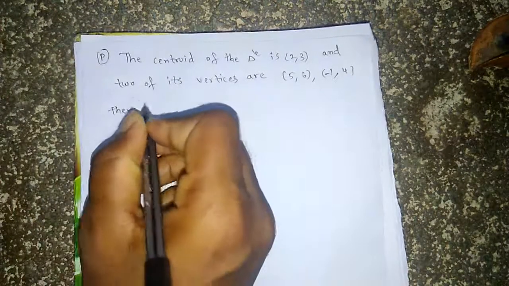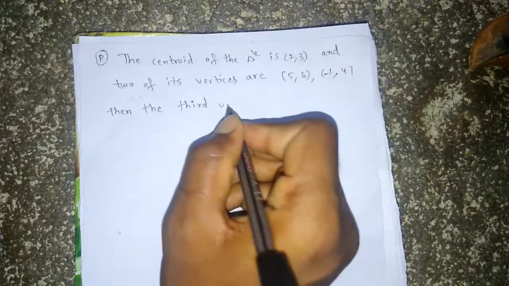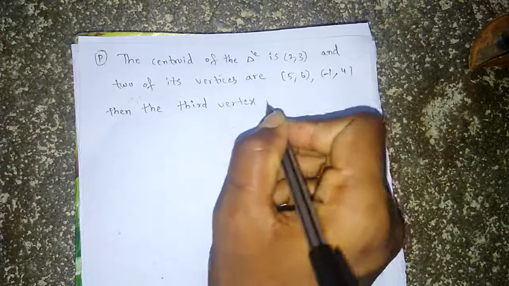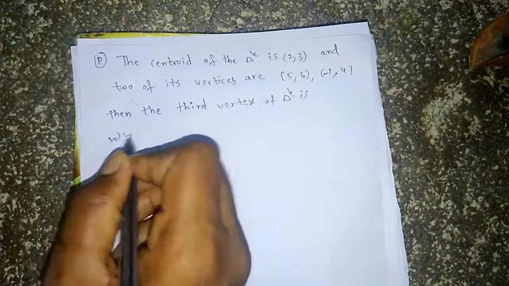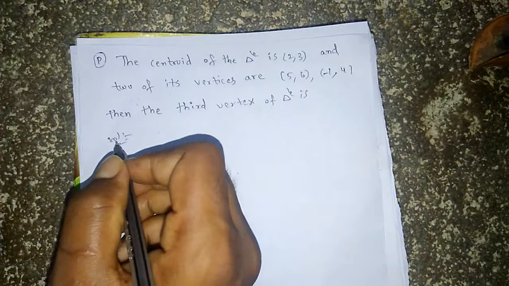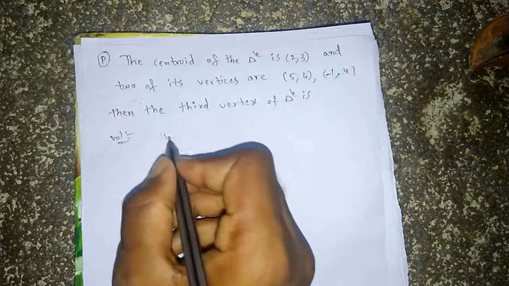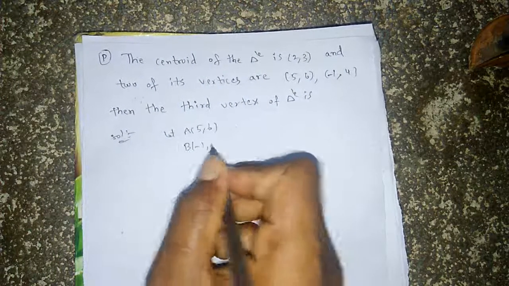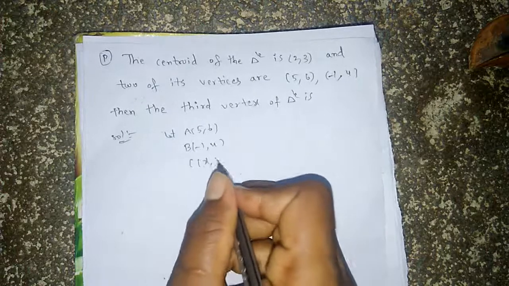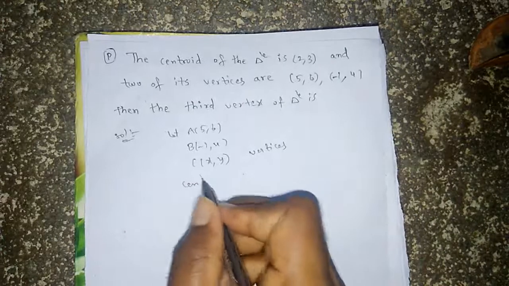Then find the third vertex of the triangle. Let A be (5, 6), B be (-1, 4), and C be (x, y) the vertices, and the centroid is